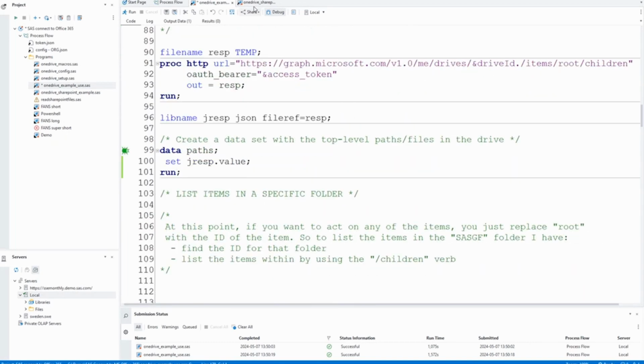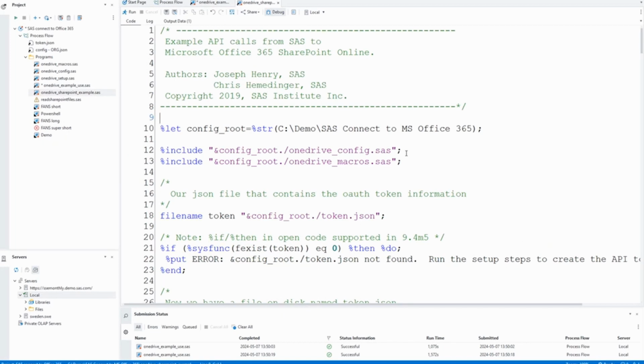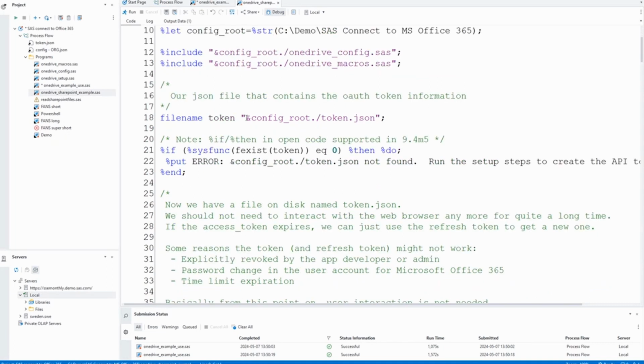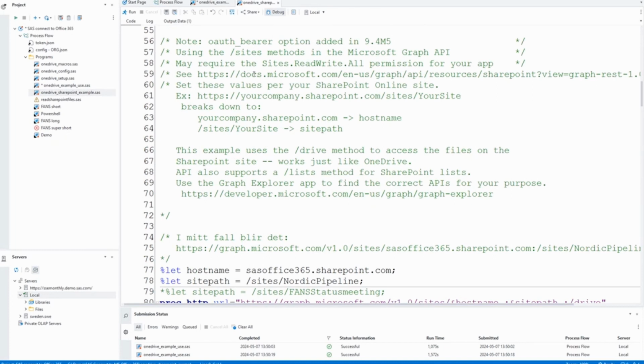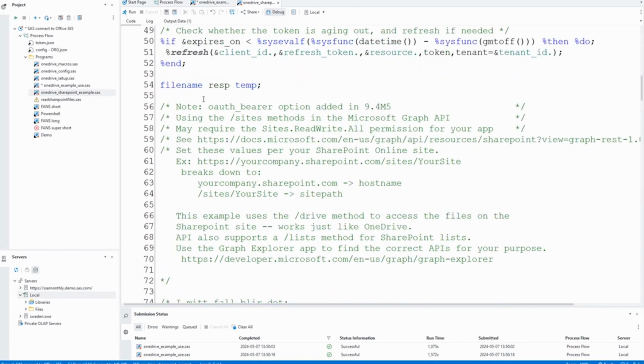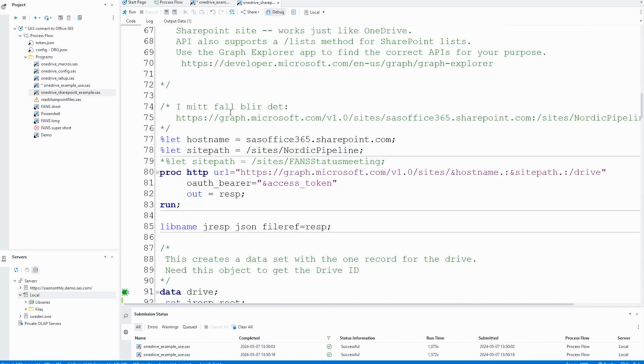So that's OneDrive, and SharePoint is basically the same. The thing that is slightly different is that you need to know, and it looks a bit strange. There's some documentation here about how this works. If you go into Teams and you look at files, and then you click open in SharePoint, you see the web URL. Perhaps your SharePoint is called "really fun stuff" with a blank between and so on, but